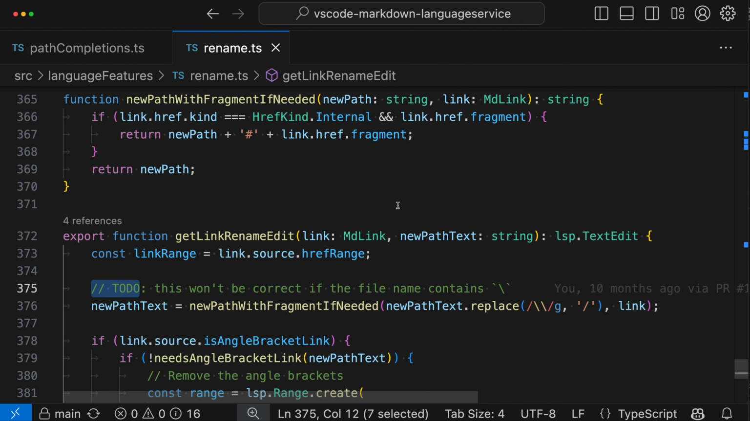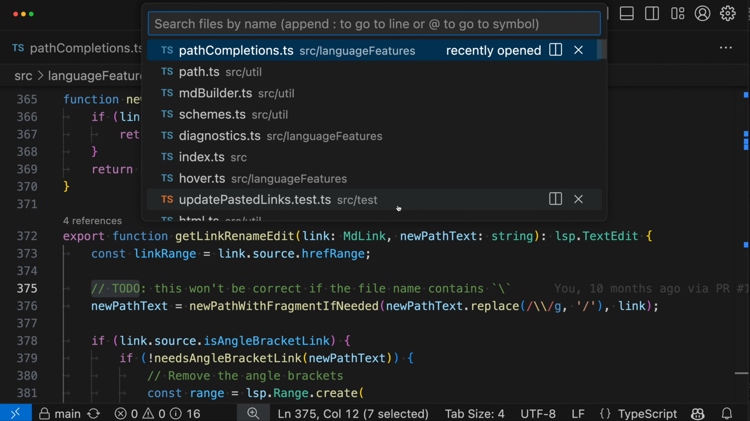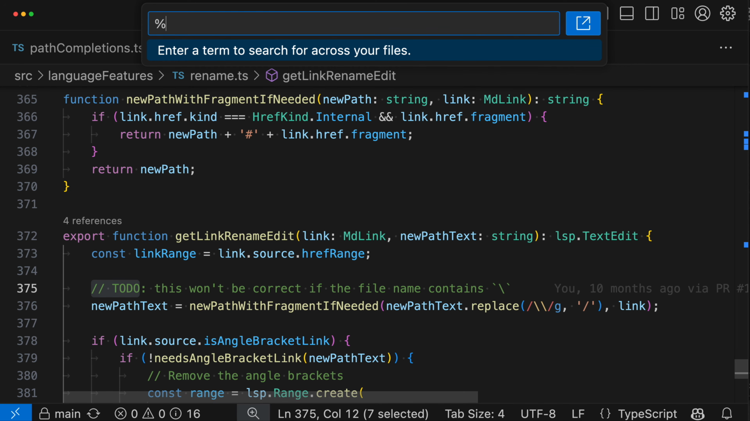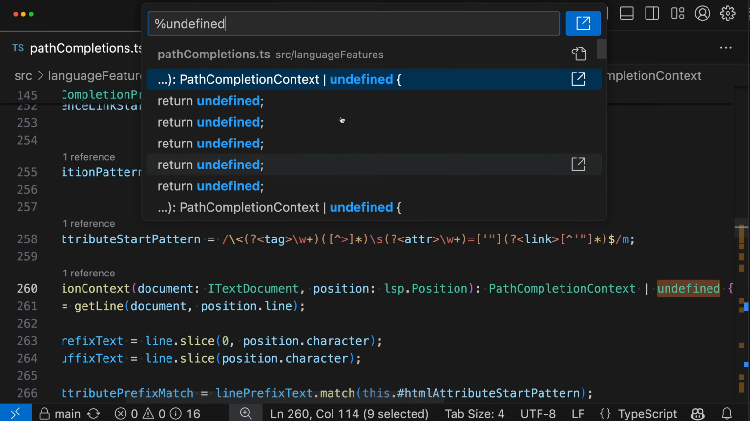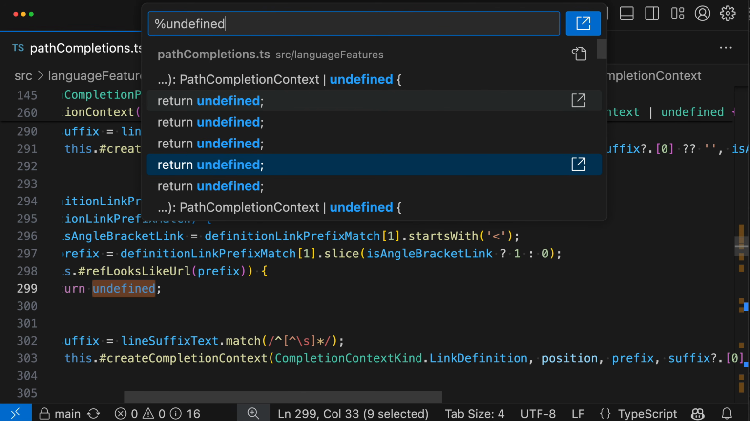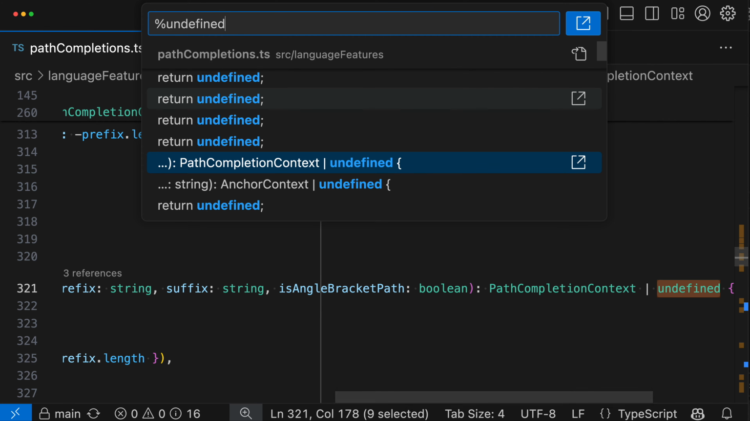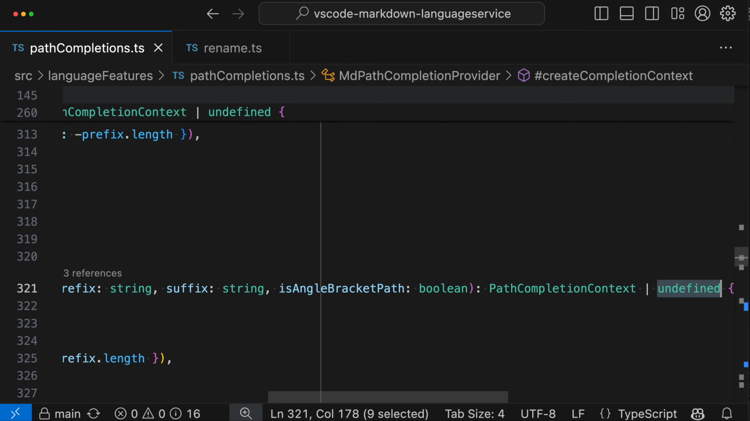So even with the sidebar hidden, I can now do a quick search just by pressing ctrl+p or command+p, type in % and then my search term. So I want to search for undefined, for instance. I can see all the places where undefined appears in my project. Arrow through the list until I find the one that I'm after, and then press return to navigate directly to